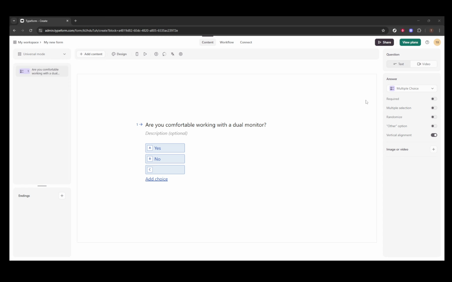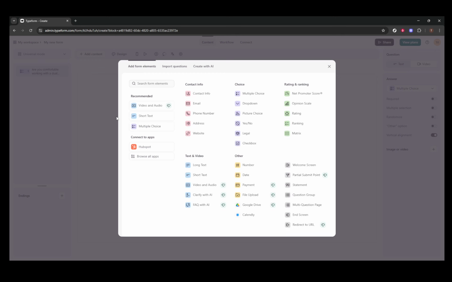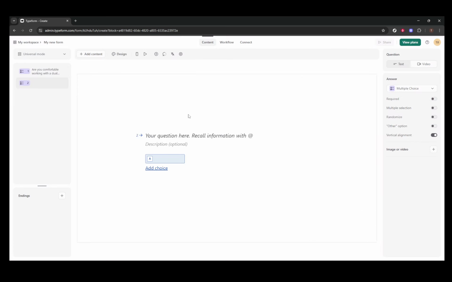To take your survey a step further in engagement, consider embedding media. By clicking the plus button and selecting media, you can incorporate images, GIFs, or even videos. These elements are not just for decoration. They can make your survey more engaging and visually appealing, helping to keep your respondents interested and motivated to complete